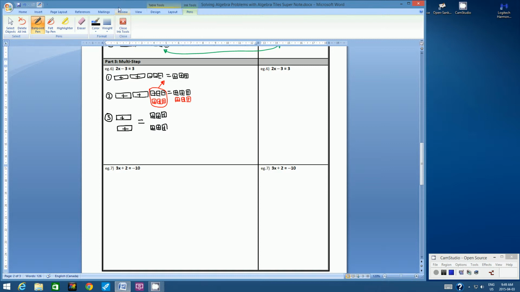Okay, then do you remember what we do? When we have 2 x's, we're dividing by 2. We're going to circle one of the groups and show that we are going to take them away. And then we always have to write here what we're dividing by. In this case, we're dividing by 2 because there are 2 groups. There are 2 x's. All right, and then our last diagram, step 4 this time, is we draw what remains. What remains is x equals